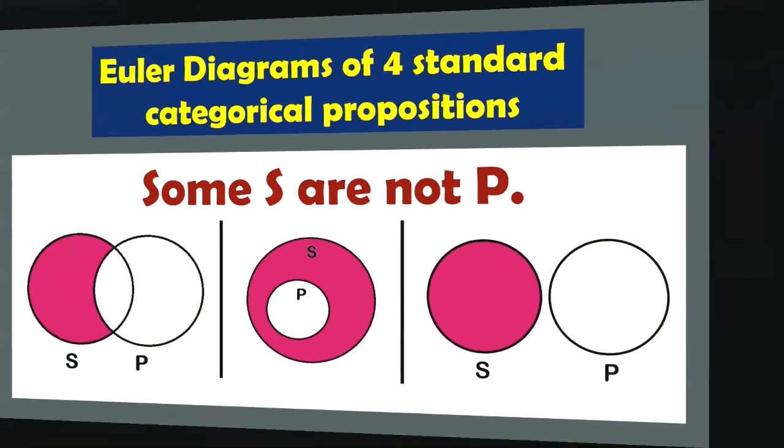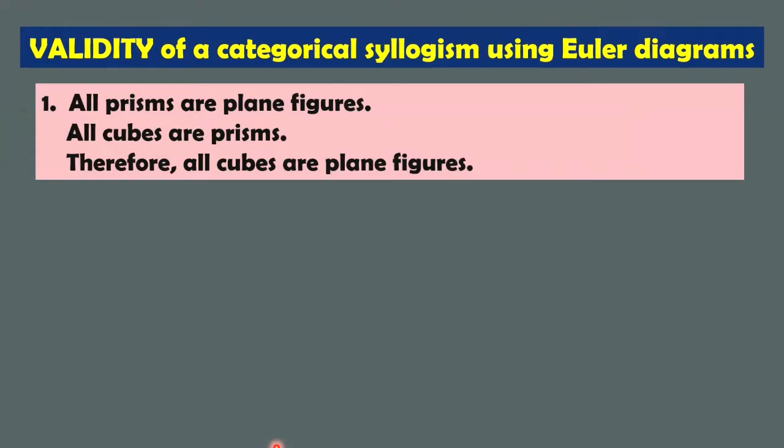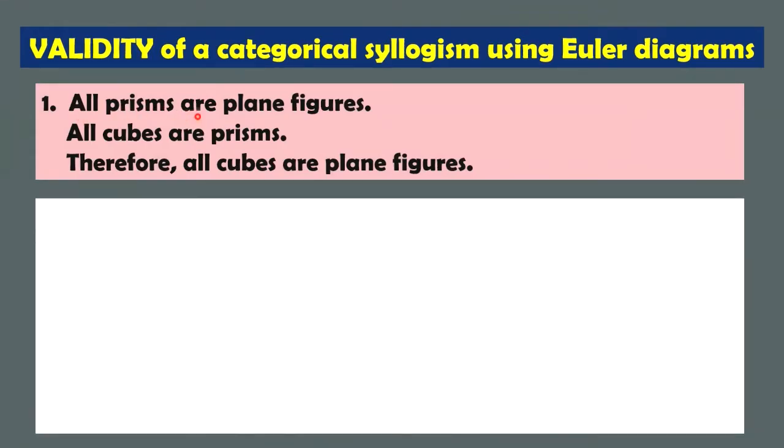Okay, let's start. This is the first example. Okay, this is the first categorical proposition. All prisms are plane figures. Okay, so balik kayo doon sa ating basic Euler diagrams. Yan yung pinakauna nating Euler diagram. So, let us let P be the set of prisms. Okay, and then let's let F, the set F for the set of plane